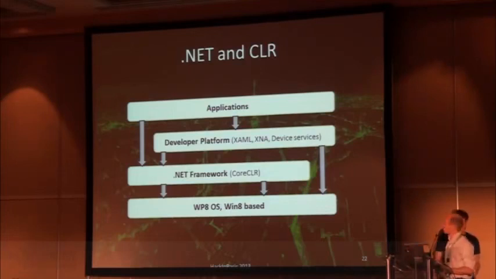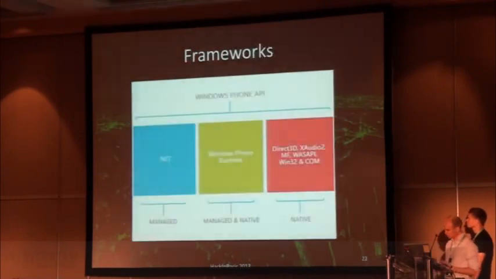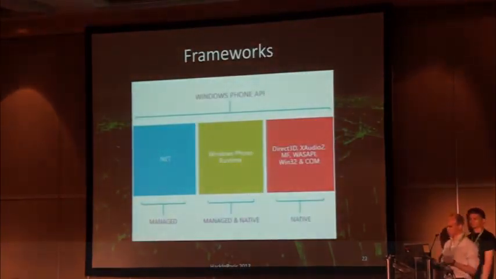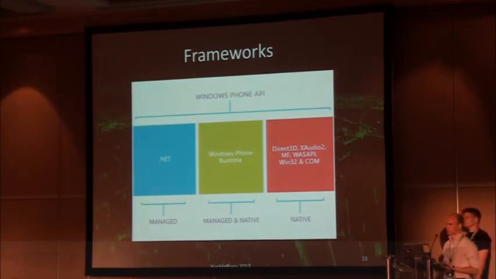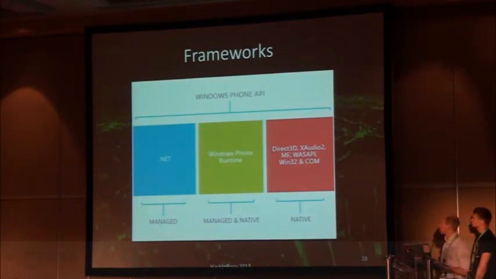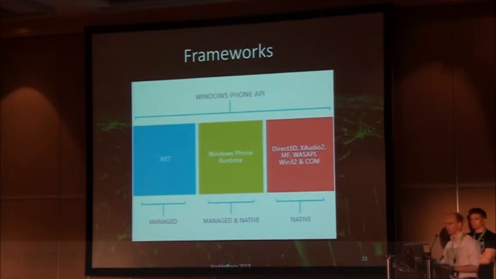In Windows Phone 7, developers could only use managed code to create applications, but in Windows Phone 8, Microsoft introduced two big sets of APIs. The first one is called Windows Phone RT. It's a subset of WinRT, a new COM-based API, which is some kind of substitution for the Win32 API, and also developers can use DirectX. And what is important, now developers can use native code to develop applications, but